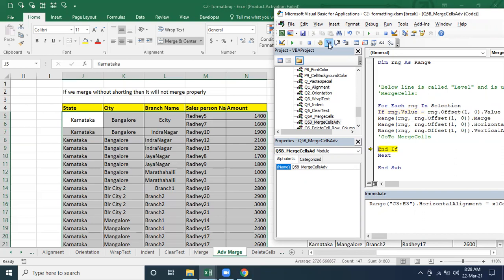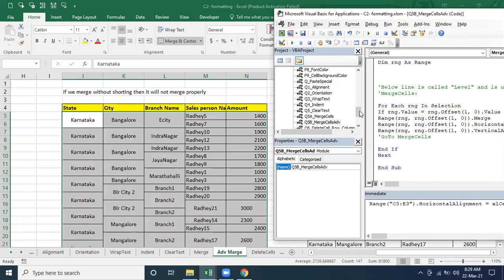Is it going to compare both are true? No, both are not true. So then it will come out. And then again it is going to pick what? The range. What is the value of it? Again it is going to pick the null. So null is going to identify with something different from Bangalore. So all the time our program is not going to execute as we are expecting. Correct or not? It's done here, it's done here, but next time it's going to do like this again and again. At the end, we are not going to get anything. Just see how is this. Only two is this Bangalore.